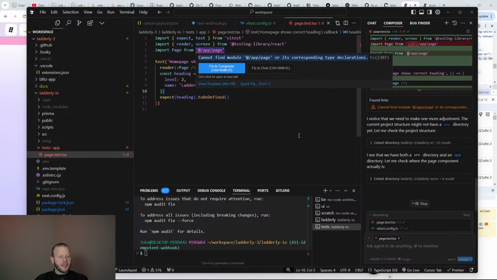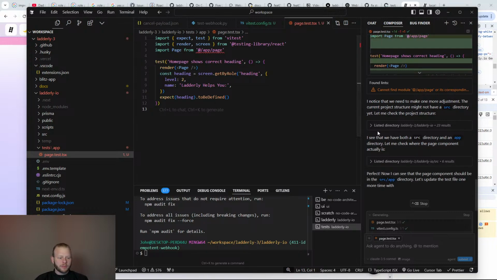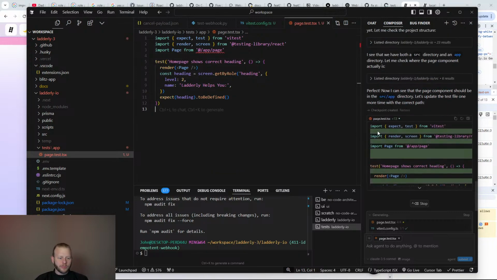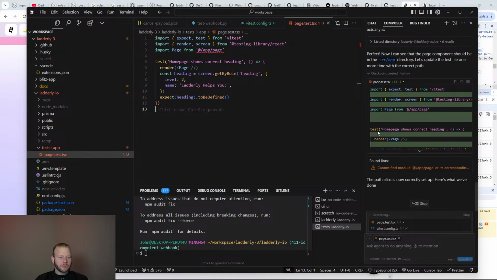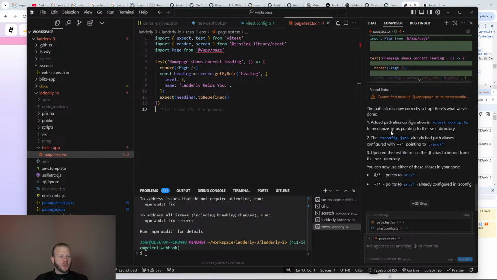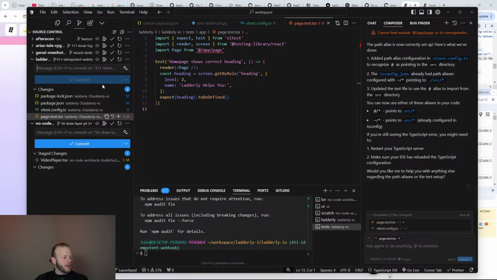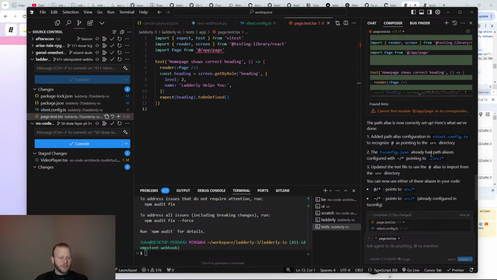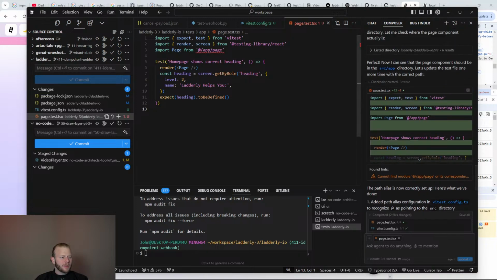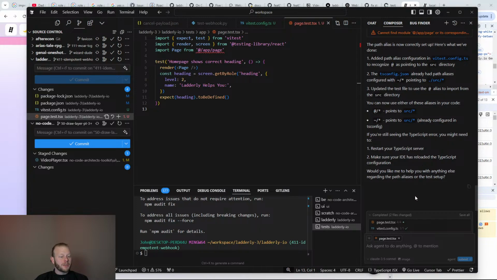So my IDE is not happy with that. Now it's trying to alter the file under test, which I don't like. Although the agent believes it's set up correctly. Oh, this points to this already set up.